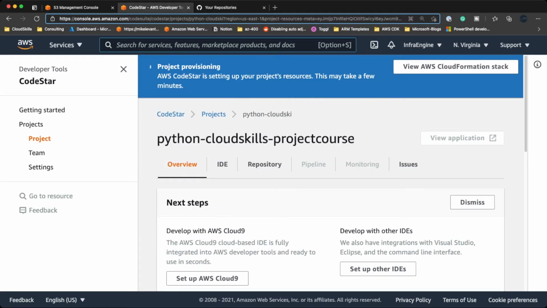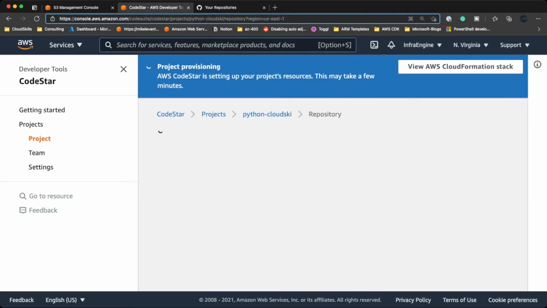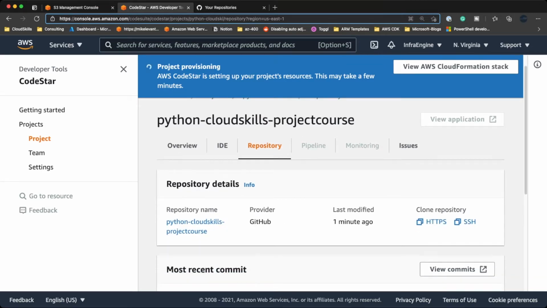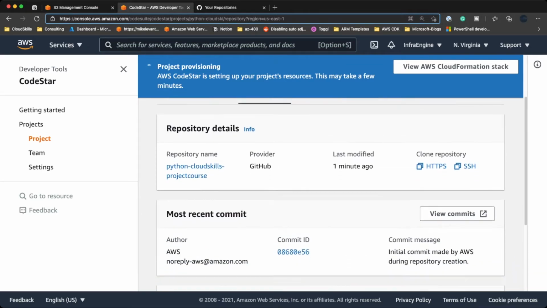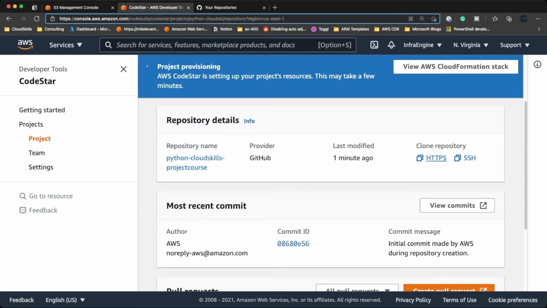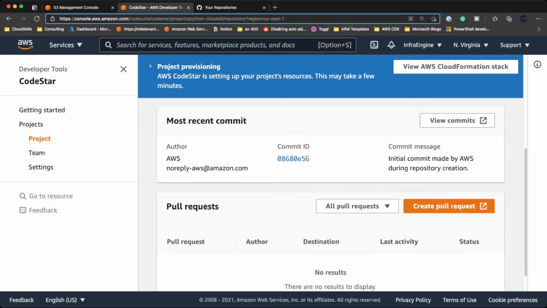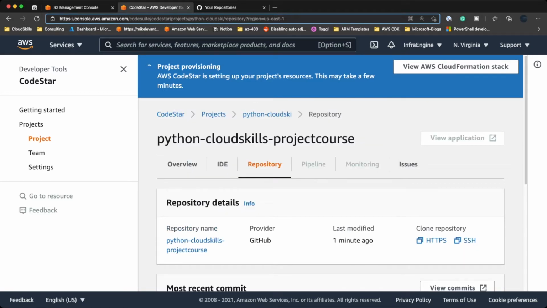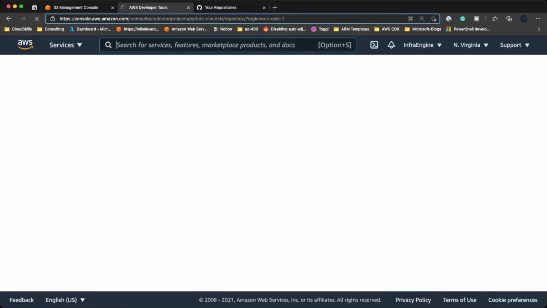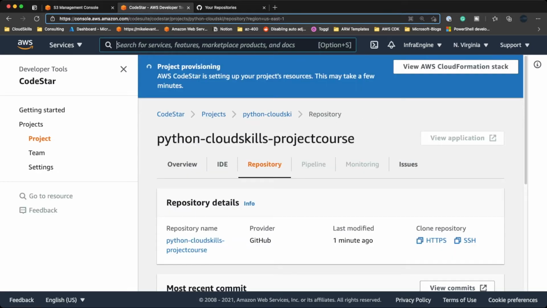But what I want to do is go to repository here, and then if I scroll down, we can see the repository details. This is the name here, the provider is GitHub, last modified. I can clone this repository if I want to right from AWS CodeStar, or I can clone it from GitHub, which we'll see in just a second. And then we can see the most recent commit, pull requests, etc. So while we're waiting for this to be updated, because we're going to want to look at the pipeline,